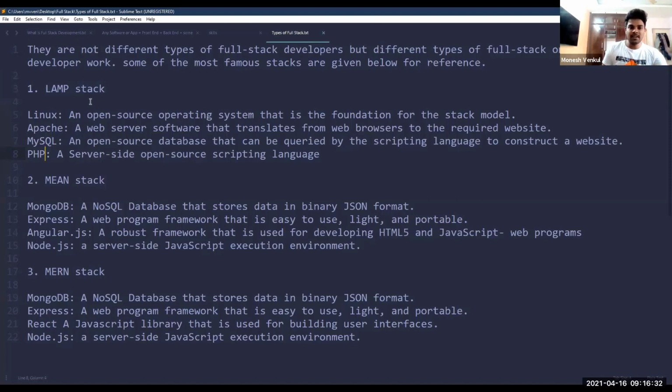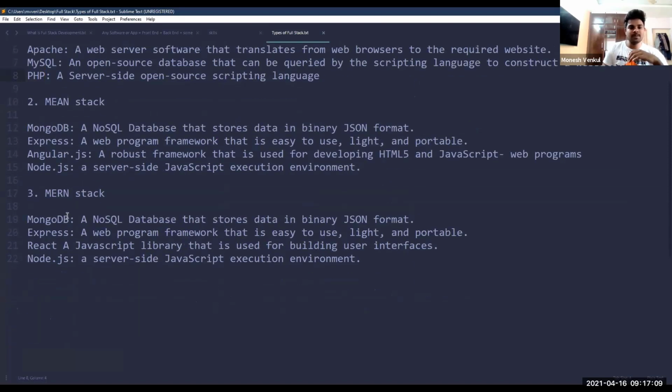If you go to any company or any interview, and you say that I'm a full stack developer, the first question they will ask you is, what is your stack? You're saying that you're a full stack developer. What is the stack that you use? That stack is nothing but the technologies you use to develop applications. For example, if I'm a LAMP stack developer, I'll be using Linux, Apache, MySQL, and PHP to develop my applications. If I'm a MEAN stack developer, I'll be using MongoDB, Express.js, AngularJS, and Node.js. If I'm a MERN stack developer, I'll be using MongoDB, Express.js, React.js, and Node.js. The only difference between MEAN stack and MERN stack is that here they use AngularJS and here we use React.js.